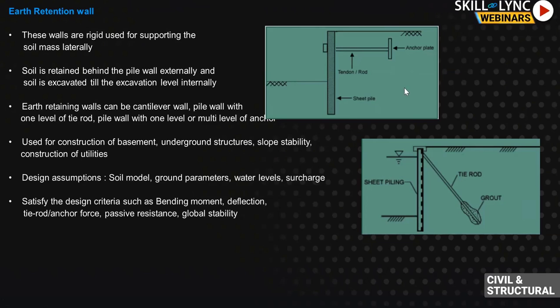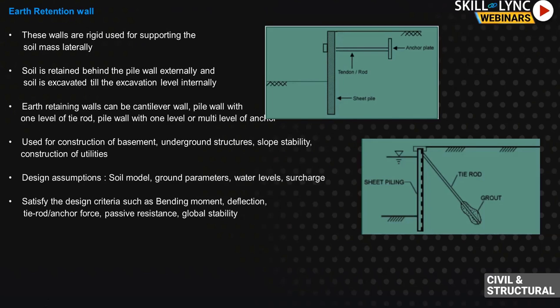So what you do is you have to give your soil model, you have to give your soil layers here. Once you define your soil layers, you have to define your water table also. You have to define your water table, and you have to define this sheet pile. These sheet piles will be in terms of stiffness. Stiffness is nothing but your Young's modulus of your steel as well as the moment of inertia of this sheet pile.